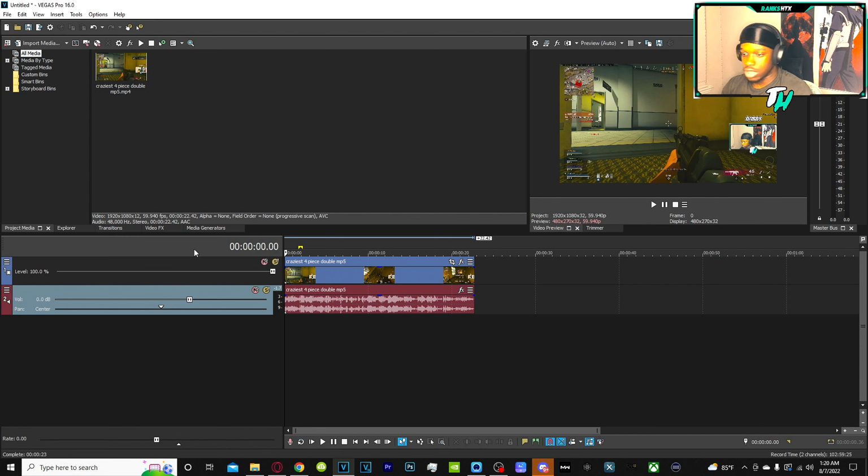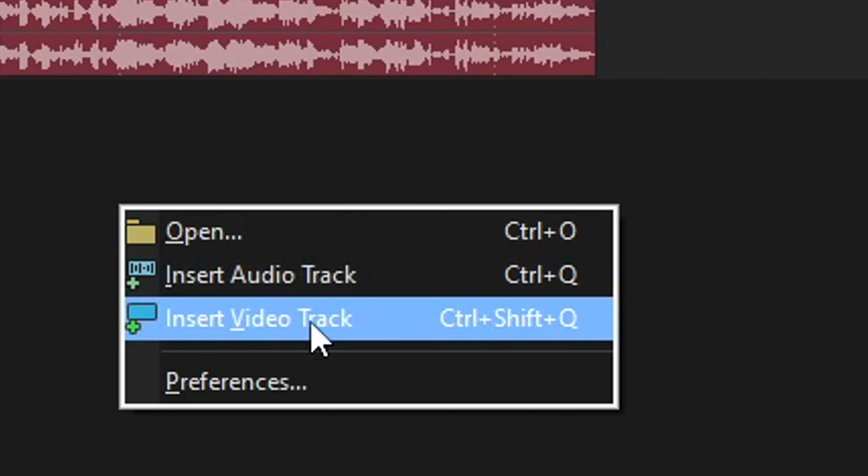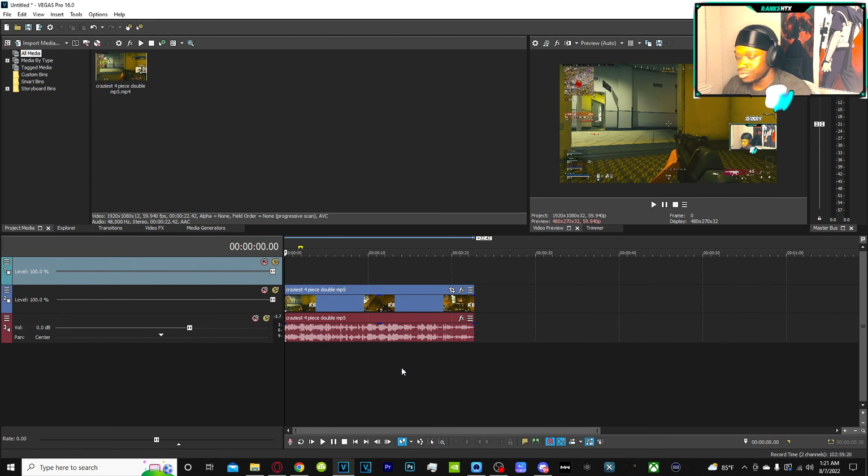This is what you do, because obviously you can't edit everything on one video track because you'd lose your mind, and Sony Vegas doesn't even allow you to do that. That is not what Sony Vegas was made for. In order to add something on top of that in another video track, this is how you add other video tracks. You click the space down here, you right click, click insert video track, and boom, you got another video